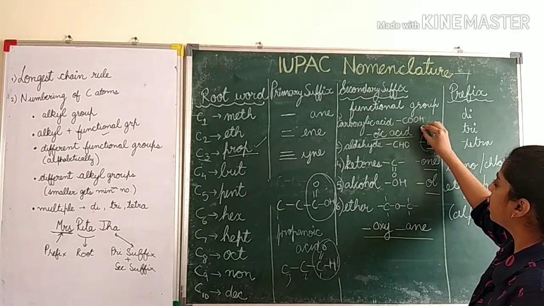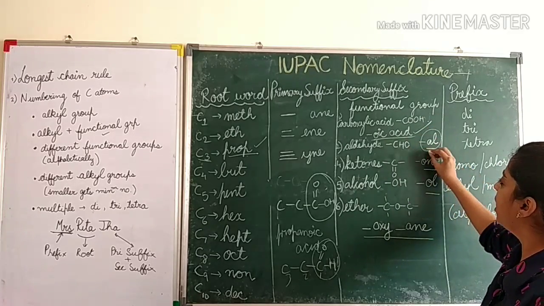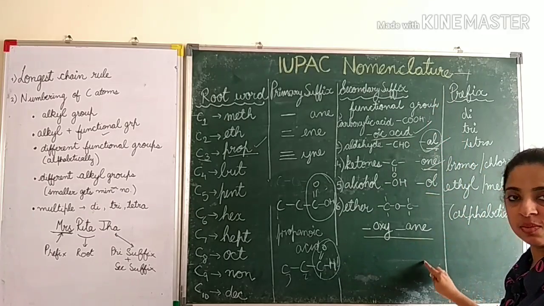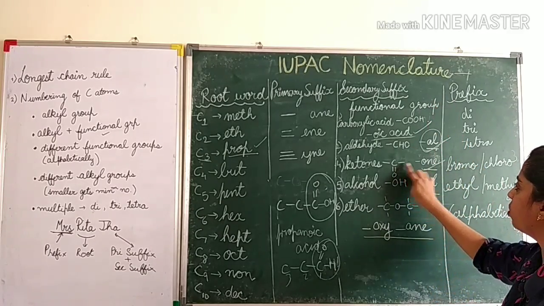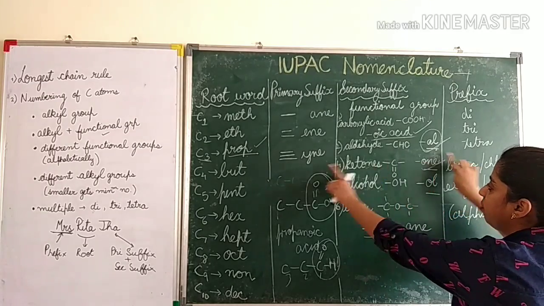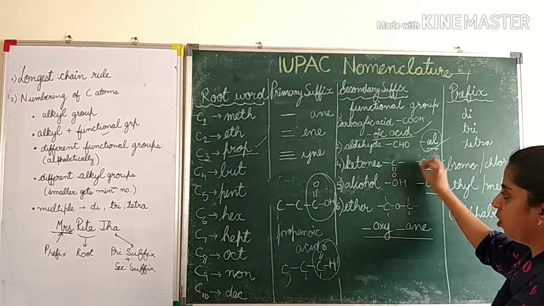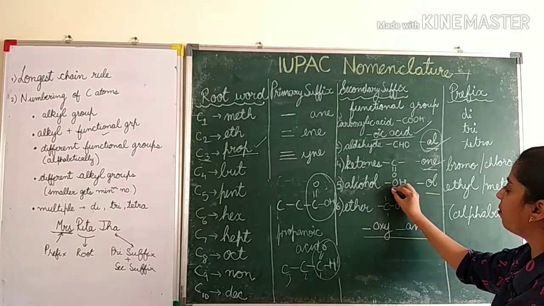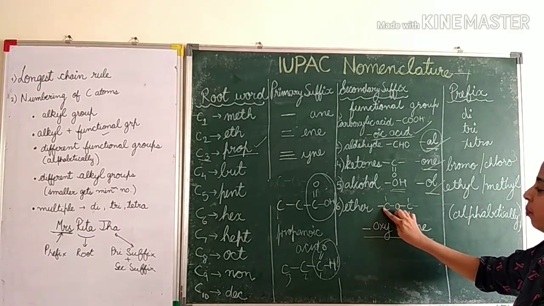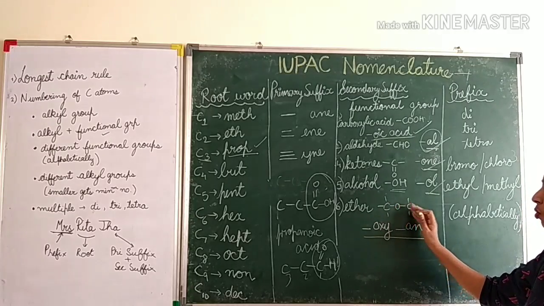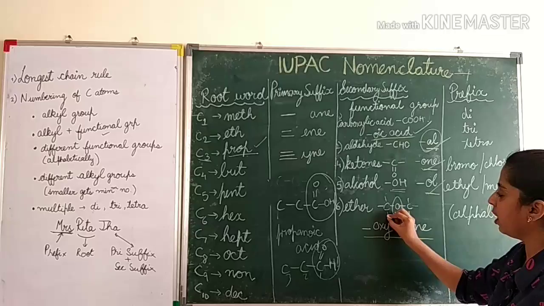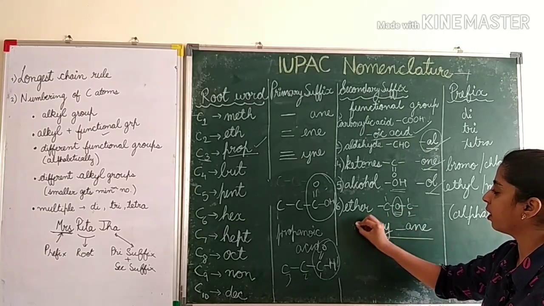Similarly, carboxylic acid is oic acid, aldehyde is al, ketone is one. I will explain all this by taking examples later on. Ketone is one. कीटोन में बीच में कार्बन एटम होता है, डबल बॉन्ड होता है, दोनों तरफ there is some functional group. I will explain all this in detail. अल्कोहल में if you see an OH in end, the suffix is ol. ईथर में it is carbon chain, carbon chain, 2 types, तो बीच में ऑक्सीजन होता है और दो तरफ चेन होती है.